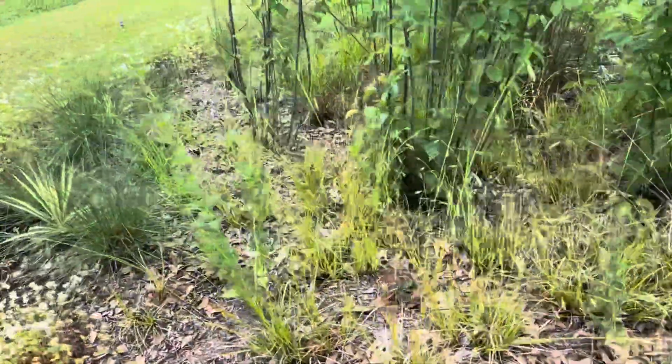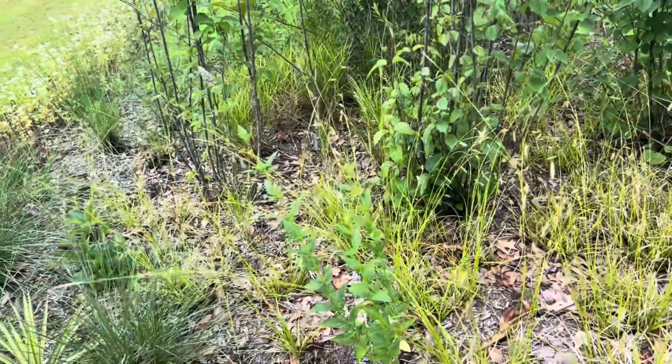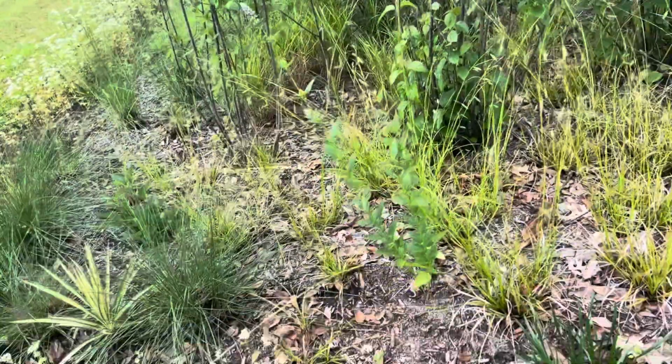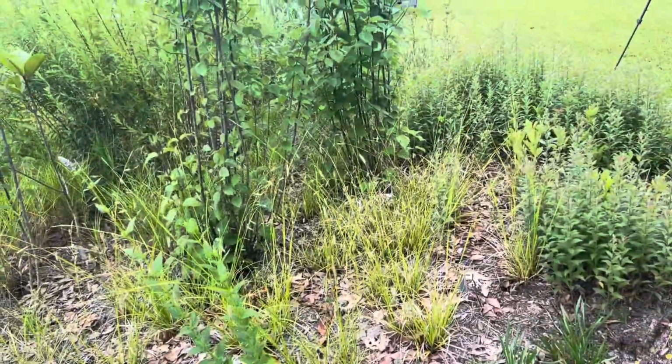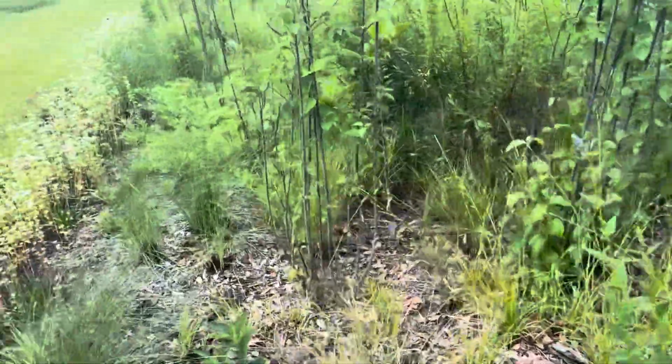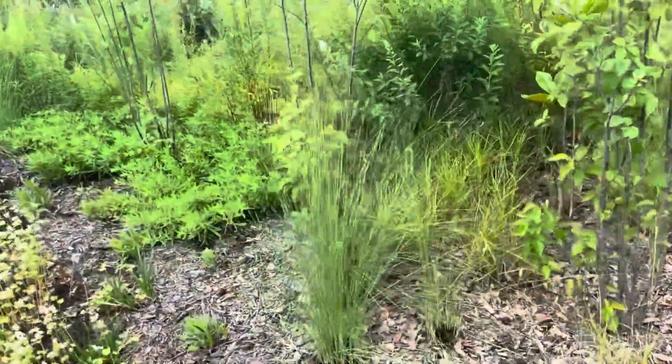See, these Carex cherrycanthus are really off color. They're not real happy. This is way too hot, way too dry, way too sunny. Lots of way too manys. So I'm gonna start here, and then you see I've got muhly grass out here already, and then I'm gonna